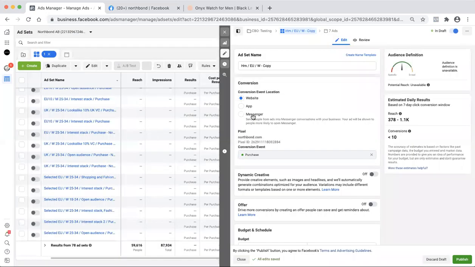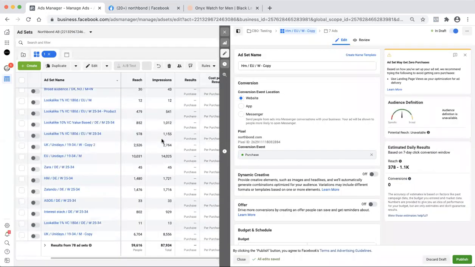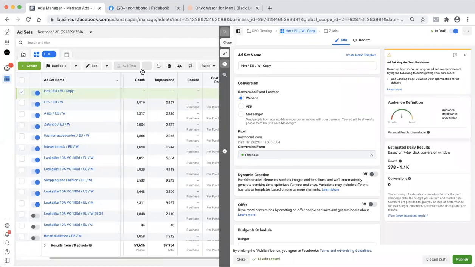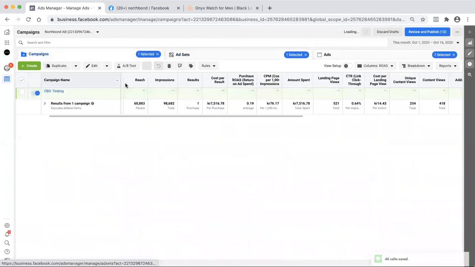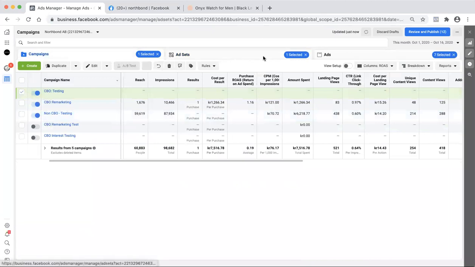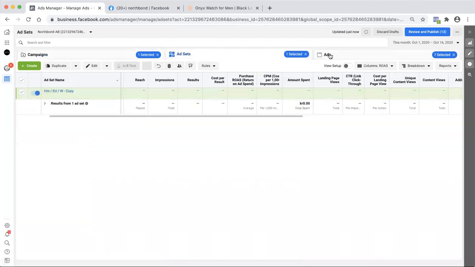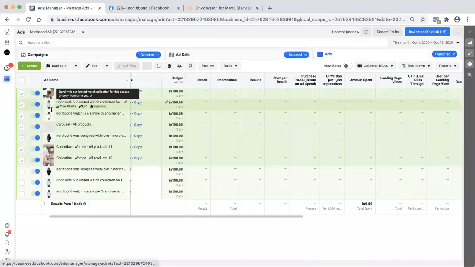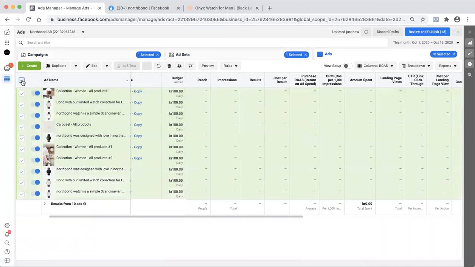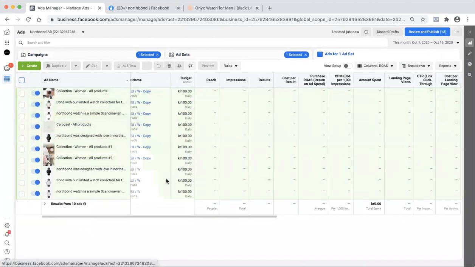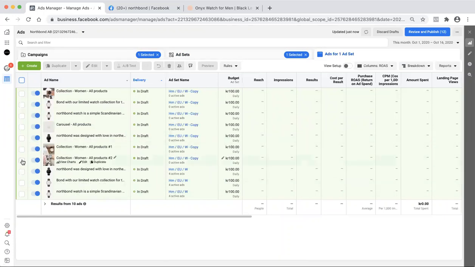Right. So we're going to duplicate this campaign into a different audience real quick, or a different campaign altogether, so that there's a base to start with. Then we'll select all of these here and press delete because they're in draft.